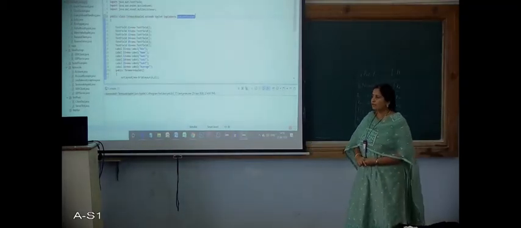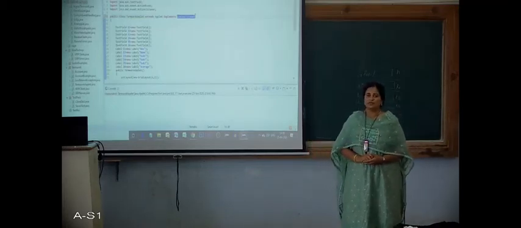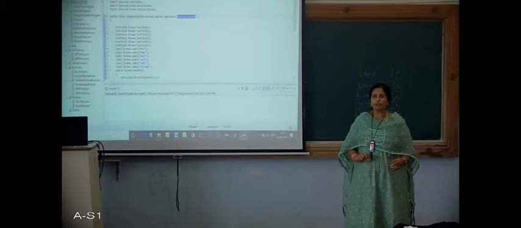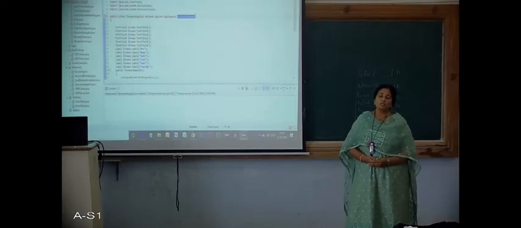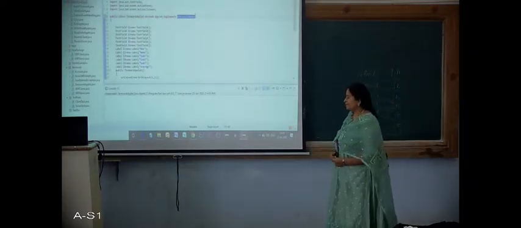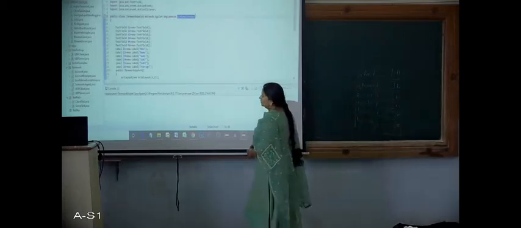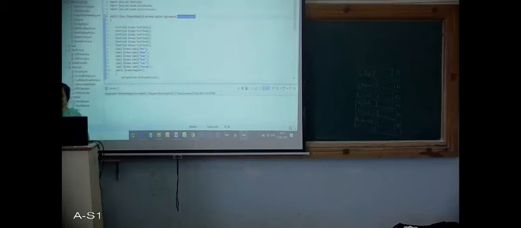So here we are trying to implement the action listener interface. We want to use the methods which are declared in the action listener interface. So which is the method? Action performed is a method that is declared in the action listener interface, and we need to override that in our class.